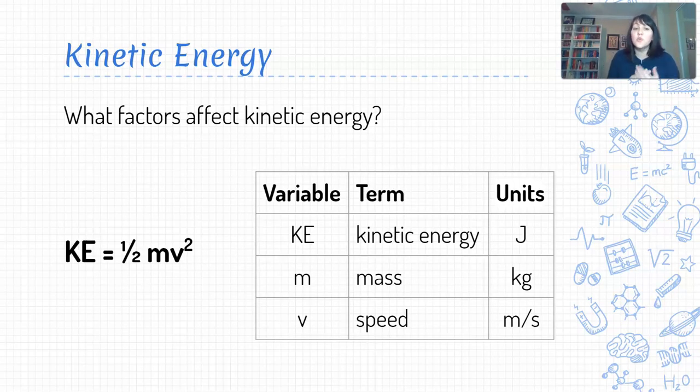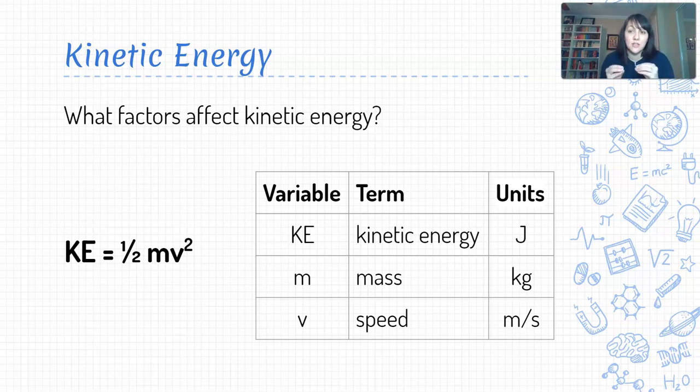Kinetic energy is equal to 1/2 times mass in kilograms times speed squared. All right. And again, here we're using v to represent speed rather than velocity because energy is a scalar. And so we're not worried about direction. So we can use the scalar form of velocity, which is speed. All right. Please note that when we've got that squared on our speed,